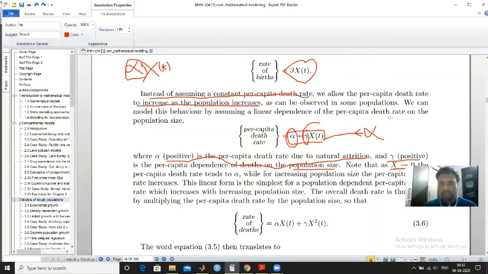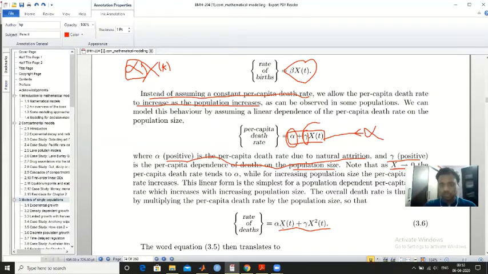And when the size of the population increases, then this effective rate, alpha plus gamma xt, increases. That's clear. So now this effective death rate is alpha plus gamma xt. If we put it in the previous equation, alpha in the previous equation is replaced by alpha plus gamma xt. So if you put it, then that rate of death will become,